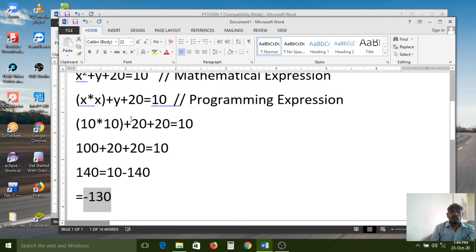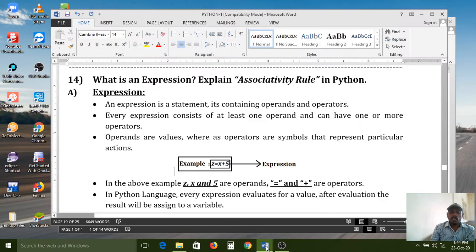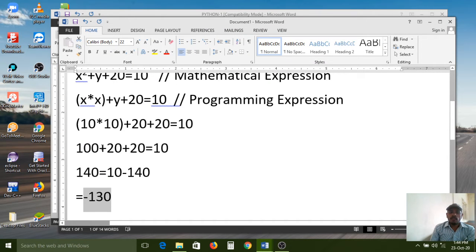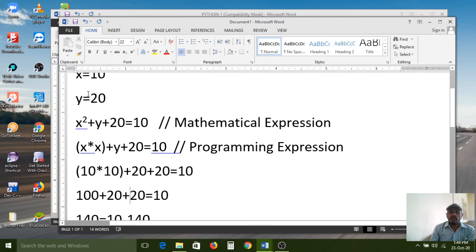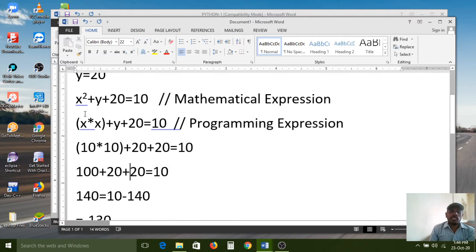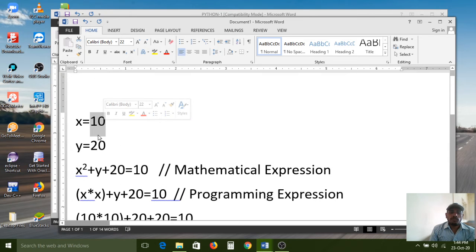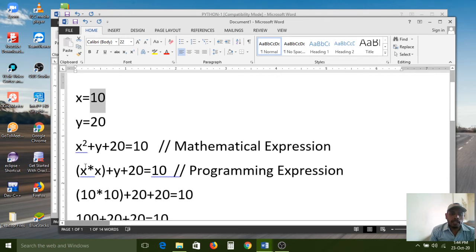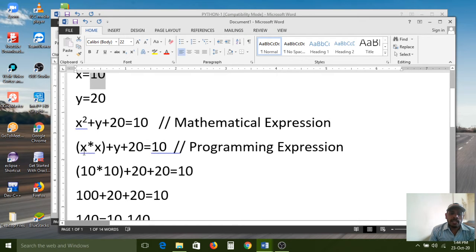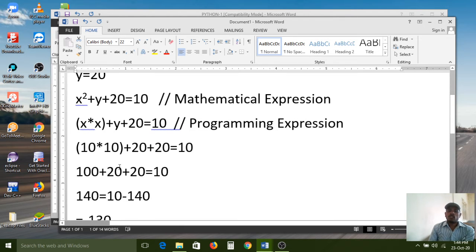So like that we have to write our expressions. And this expression contains the plus operator and the equal symbol, more than one symbol. Here x is what? An operand. While evaluating, the x value is replaced with that value. While evaluating that expression, x value is 10. Instead of x, it is evaluated with the 10 value. 10 into 10, where 10 is the x value. So that's why.